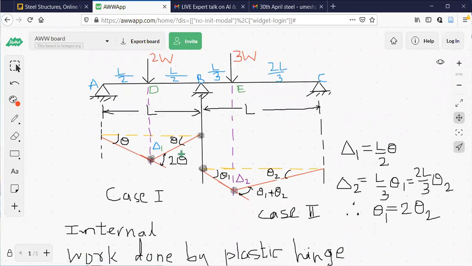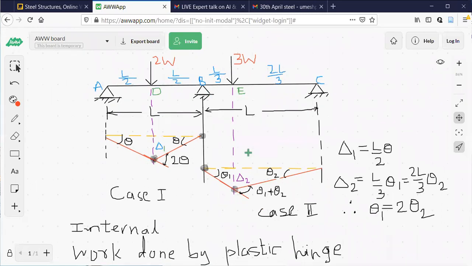So here, observe this one. This is a very standard example here. What I am doing here, observe. I think the problem is clear to you. All three are hinges. It is a two span continuous beam. One central point load is there. On one more span, an eccentric point load is there. We call it an eccentric point load, L by 3 from B.